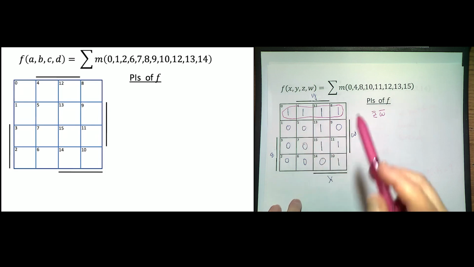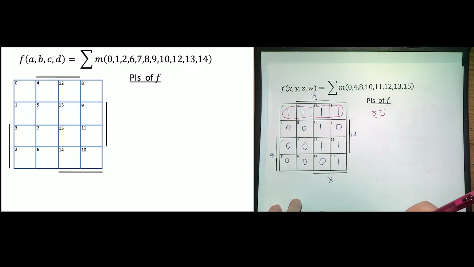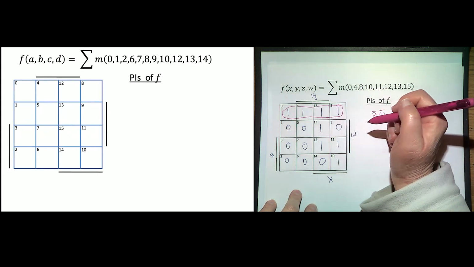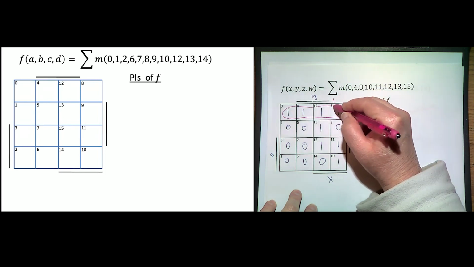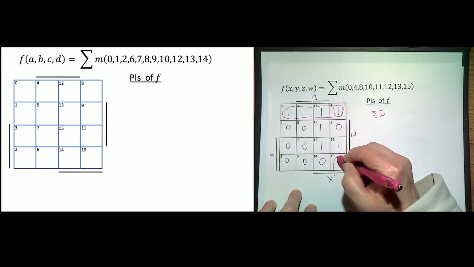Okay. Anything else? 8 and 10. Okay, the one that wraps around.